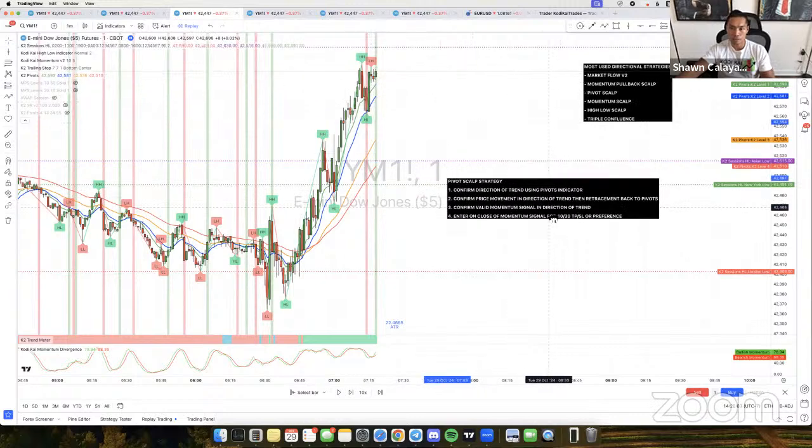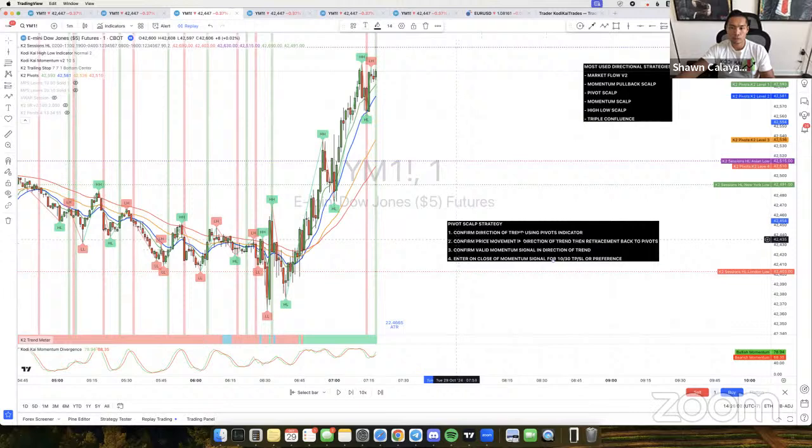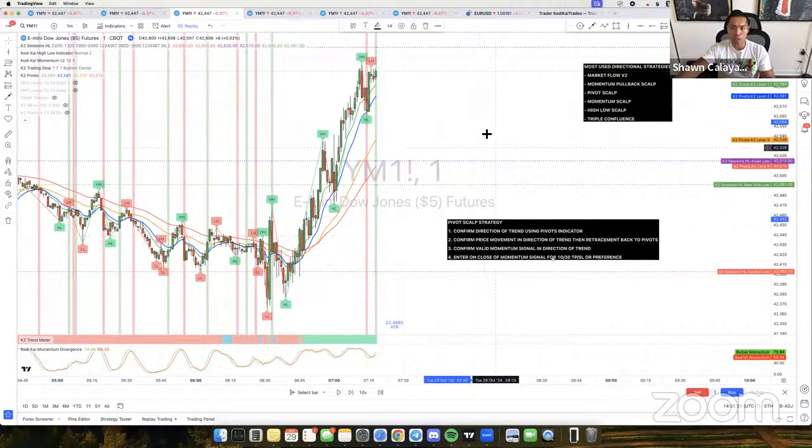So let's look at the criteria here. Confirm direction of trend using the pivots indicator. You can see here that price is above the pivots. Pivots are angling up, they're pivoting out right here. So this identifies as a strong bullish trend. Once you confirm the direction of the trend, you want to confirm price movement in the direction of the trend and retracement back to the pivots. So you can see over here, price kind of pushes up a little bit and then it retraces back to